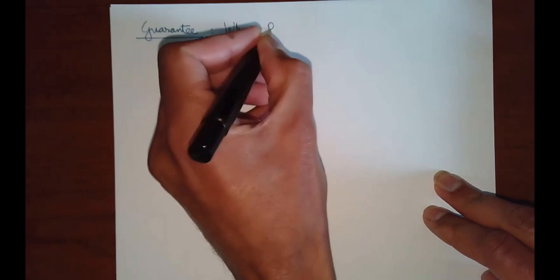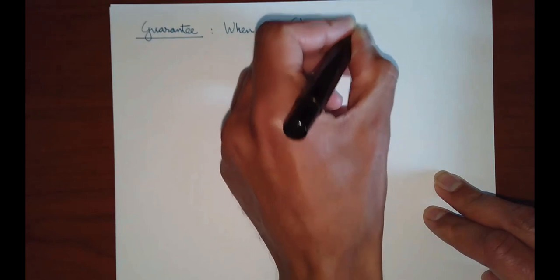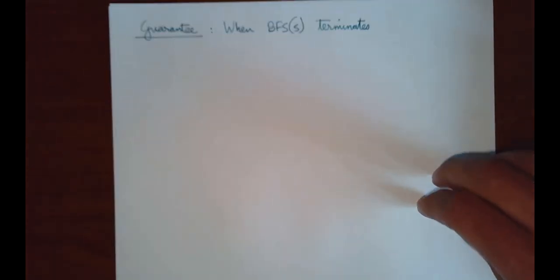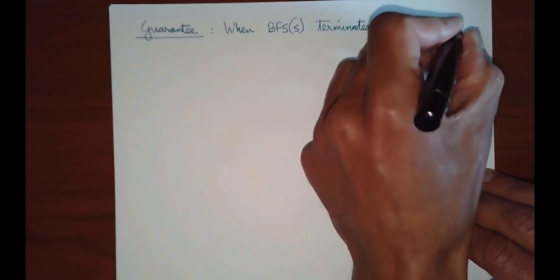All right. So actually, sorry, before I continue, let me write down, formally speaking, what is the guarantee of BFS? I kind of wrote this in the shortest path tree, but I want to write this again. This is a guarantee, meaning that one can mathematically prove this, that when BFS terminates, when the procedure terminates, the following hold